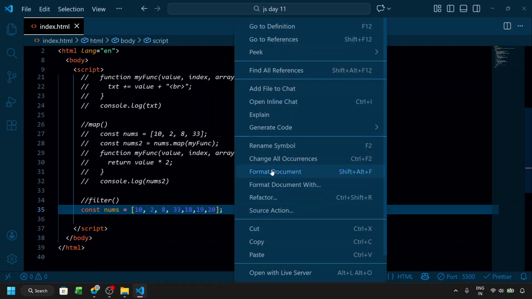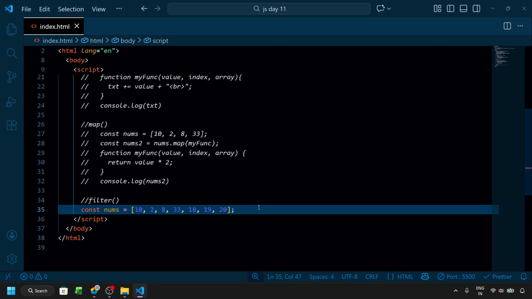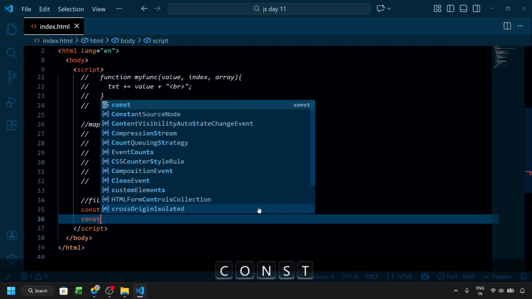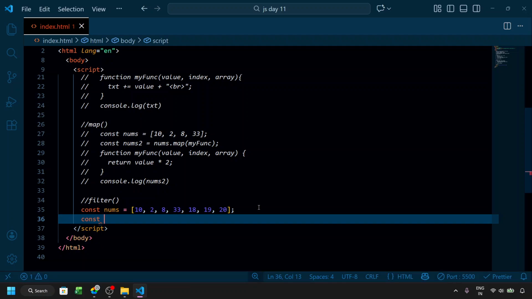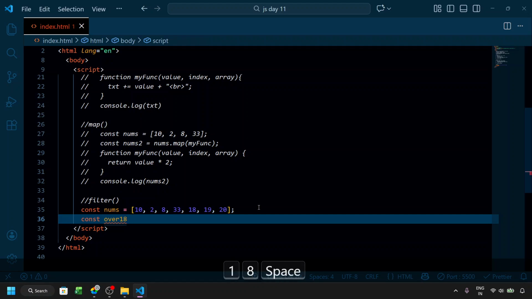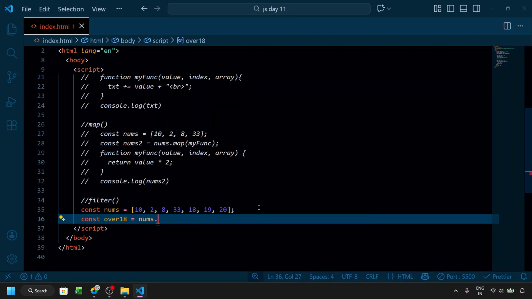You can add any values, and we are going to store a variable. So over18 is equal to nums.filter,